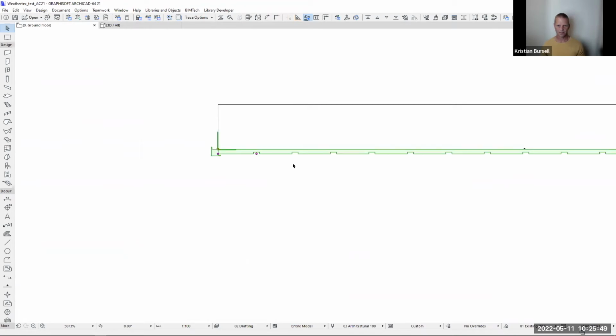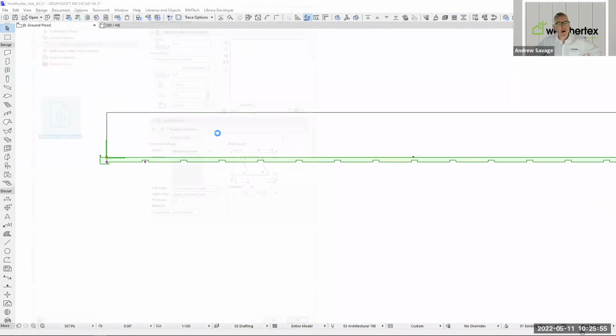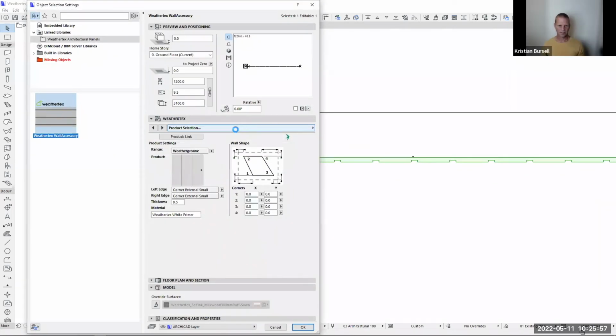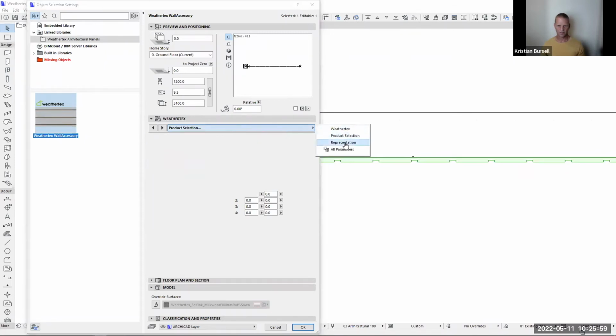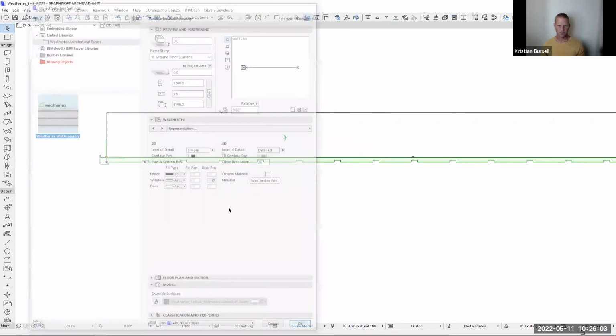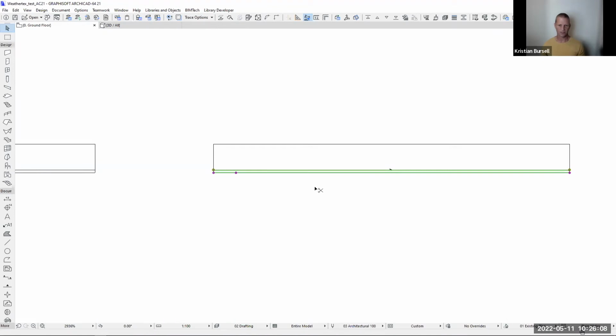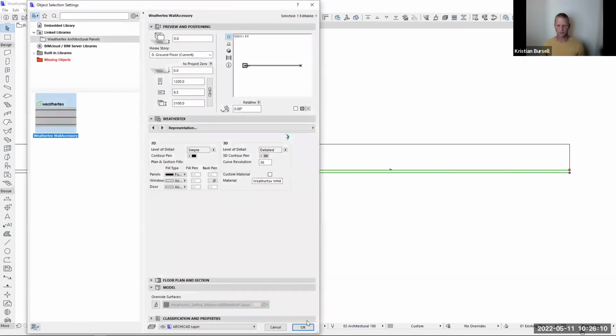Okay, so you can see the actual grooves in this element. On the weather groove, yep. The weather groove. And that's exact product detail. So if we now go to representation, and change that to simple, click OK, all that detail disappears. And you could even go to the extent of turning that element off if you don't want to see that